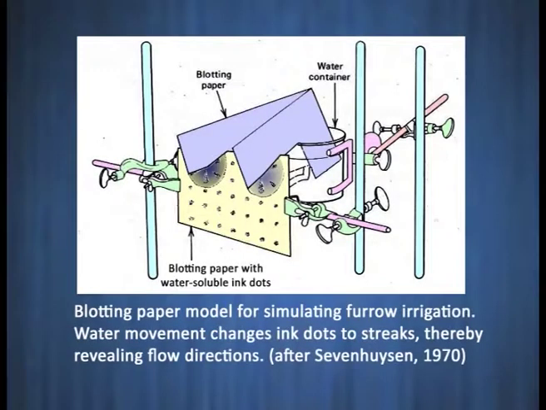It is also good for the demonstration. Here in this model, as the name suggests, we use the blotting paper model. A paper of a particular shape is hung between two stands, and water is sent from the edges of the blotting paper, and an ink dot is placed there.